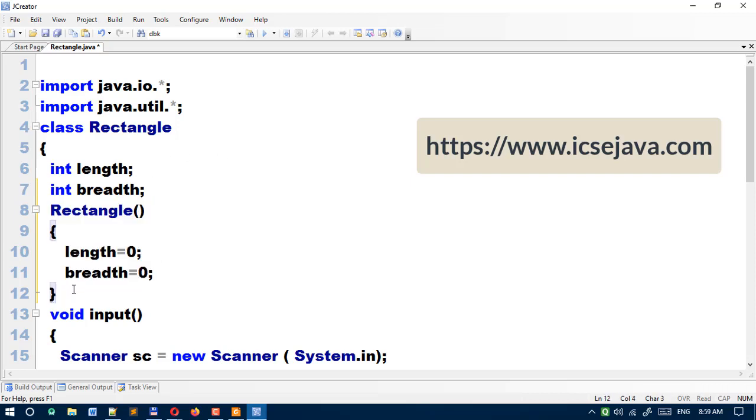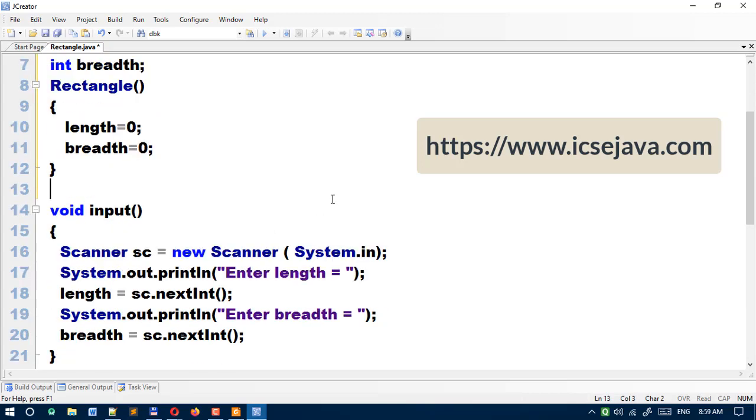You can see the same name as the class name has been used for the constructor. Inside the constructor you can see we have initialized the value of length with 0 and breadth with 0. One more thing, there are no values in the parameter, so this is a default constructor.